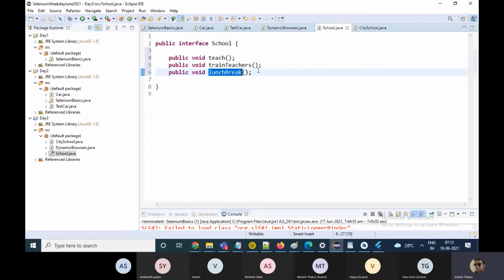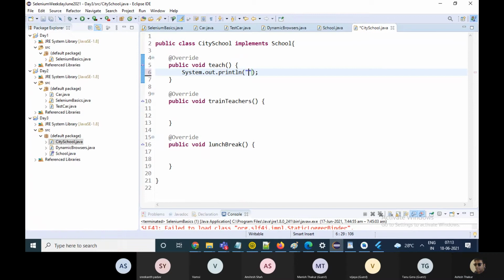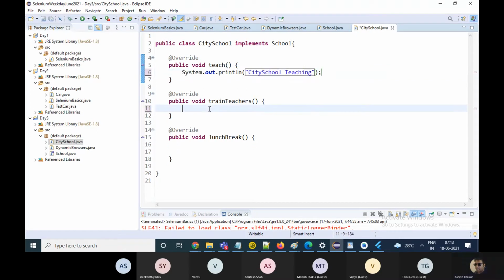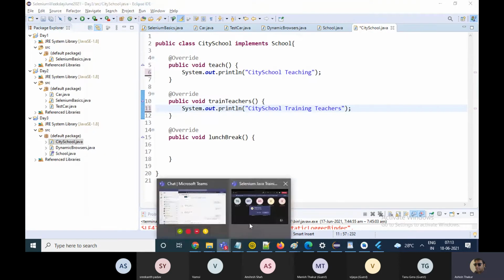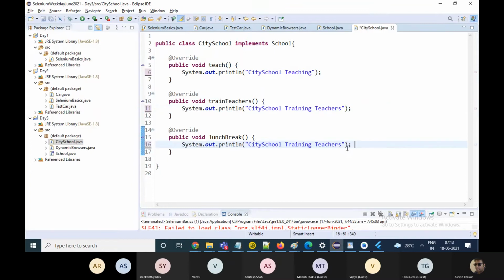So once you implement this interface, you implement all the functions in the interface, and now you can write over here city school teaching, city school training teachers, city school lunch break.